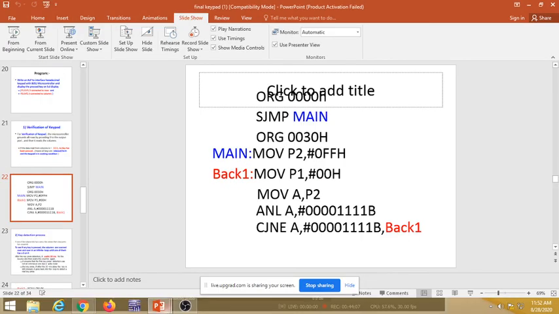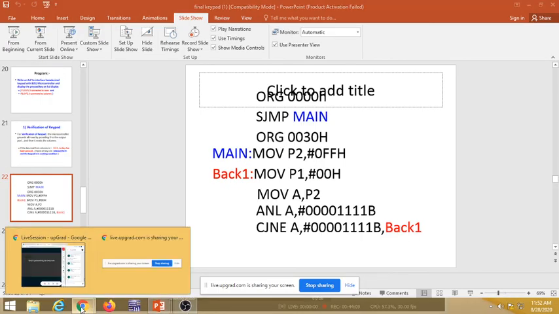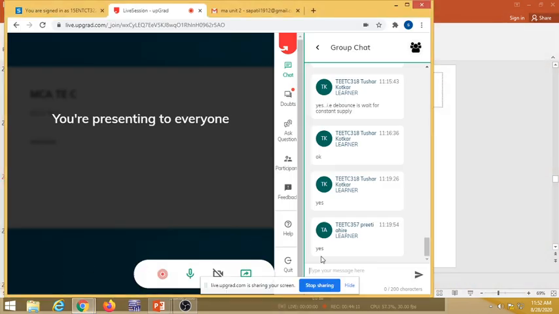As per the circuit diagram, P0 is connected to 7 segment, that's why output direction. P1 is connected to row, that's why it is also output direction, and P2 is connected to column, that's why it is input direction. All of you agree for this?